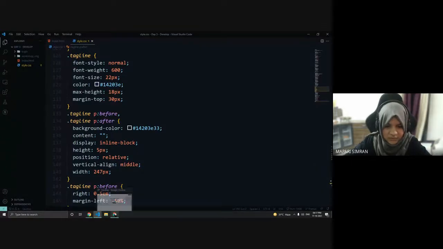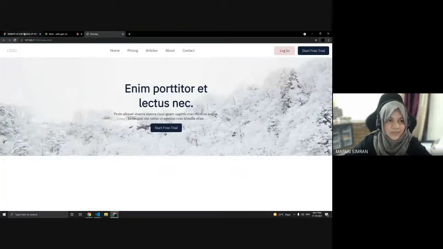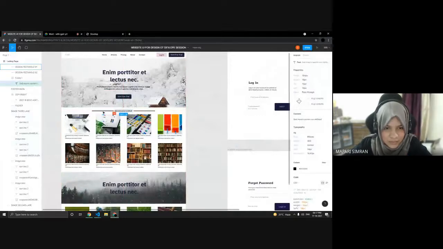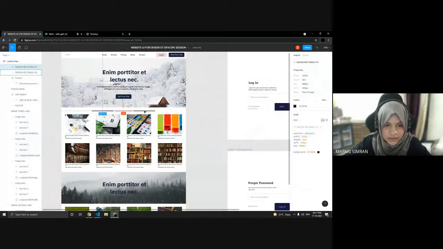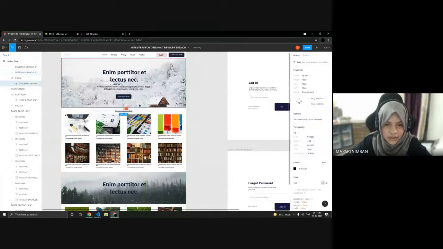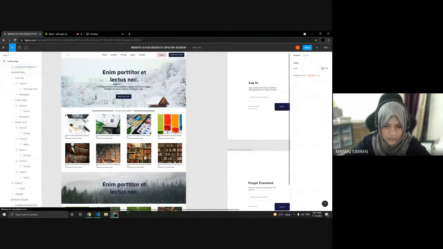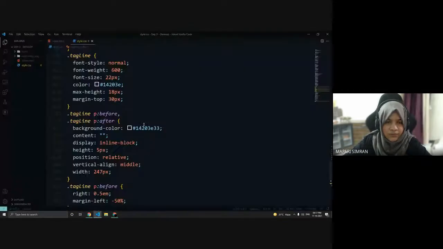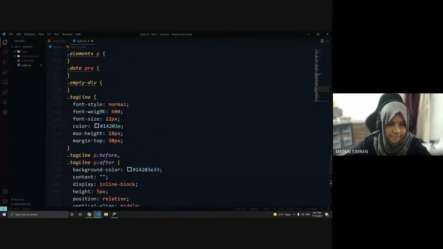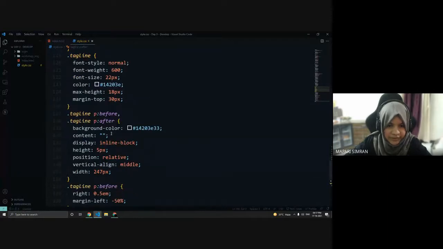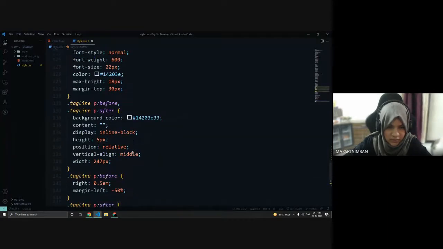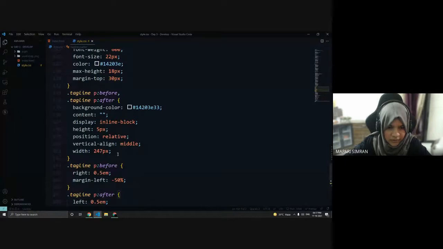The width is 247 into 5, and this height. Okay, so we get some 247 x.